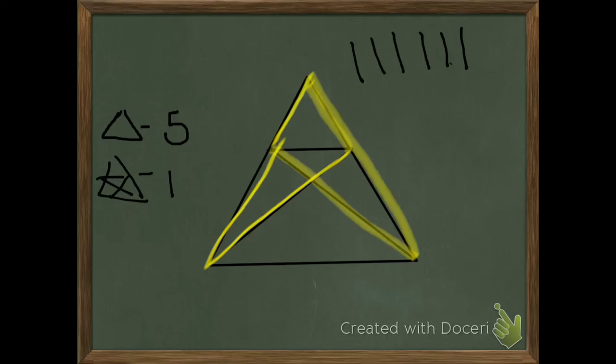So what I'm going to do is add up all the ones that I have found. I'm going to take my 5 that I found here plus my 1, and that's 6. Then I'm going to use my 6 over here, I'm going to add them together, and this triangle